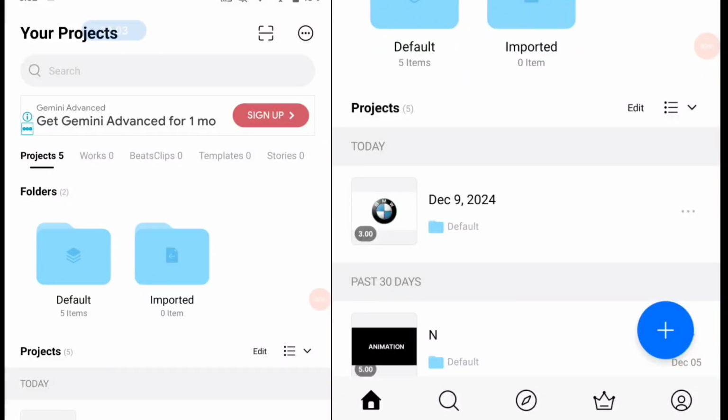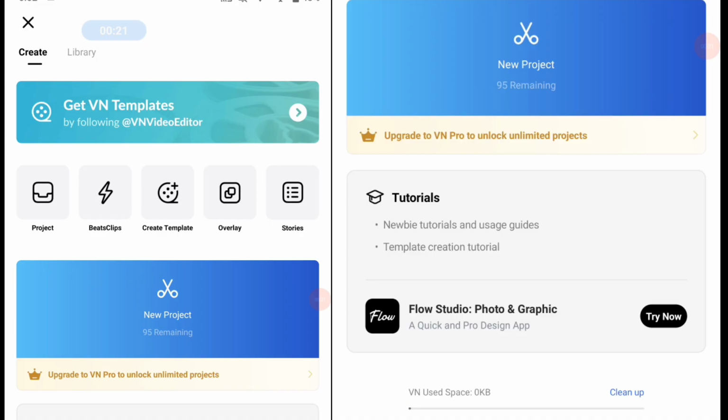So in today's tutorial, I would like to show you how to make your own logo have this glowing animation on it. The way to create it is so simple. Let's just use this VN video editor, go to your VN, open it like that, and then hit this blue plus button to create a new project, and then go to this new project and export your logo